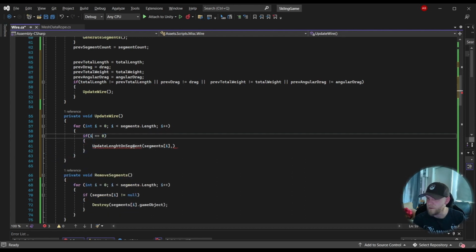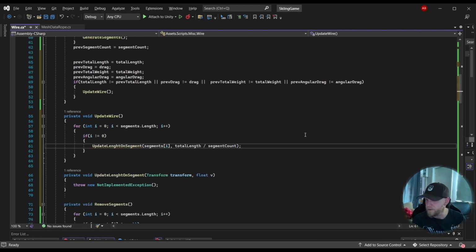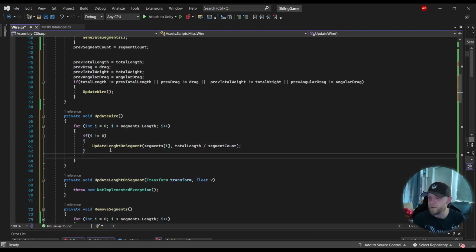This is wrong. Sorry. So if it's not the first one, we should only update the length. Correct. Yeah. So total length divided by segment count. Right? We need to create this method, but we should also, for all the segments, update